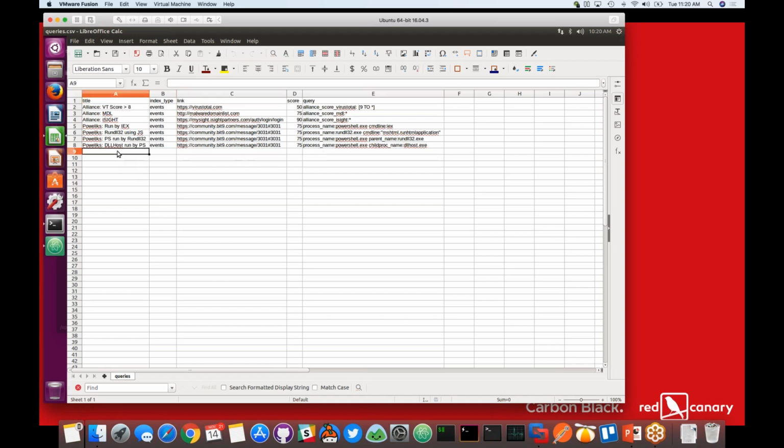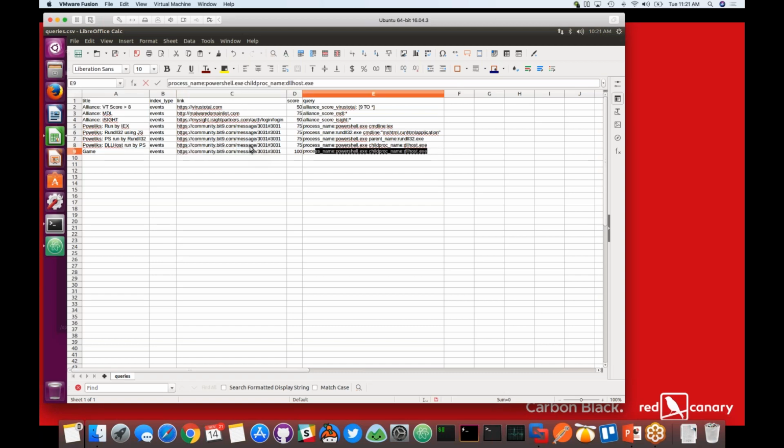This is how we began to really tune our watch list across a lot of environments. At one point, I think we had like 70 queries in here. We had to break them out because they're all running at once every couple minutes and begin to kill things if you have really loose ones. So you can, like I mentioned, just give it some names and you can copy links. So in this case, we're copying them straight from the Carbon Black community at the time.